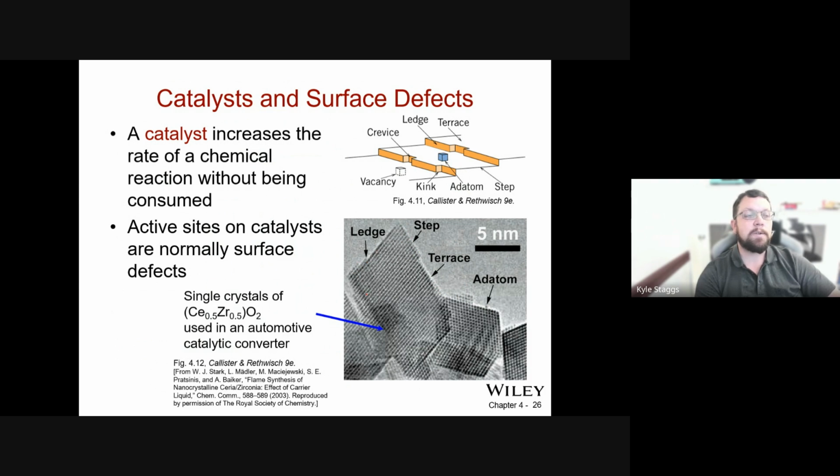So all of these things are things that you can really see, and a catalyst often increases the rates of a chemical reaction without being consumed. Some of that is because of these kinds of imperfections, for instance. That is very common. So these are active sites on, in this case, they're talking about a catalytic converter for an